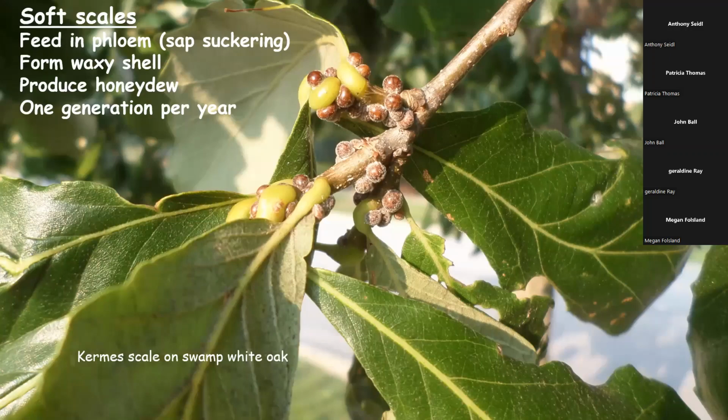I mean, sap's kind of like beer. You rent it, you don't own it. So it's going to come out the other end of these insects and form that kind of tacky, sticky surface beneath. These do, with some exceptions, only have 1 generation per year. And remember, too, that they produce hundreds of eggs, and those eggs hatch over a longer time period. And the mobility of their young, the nymphs, actually extends over a longer time period as well.